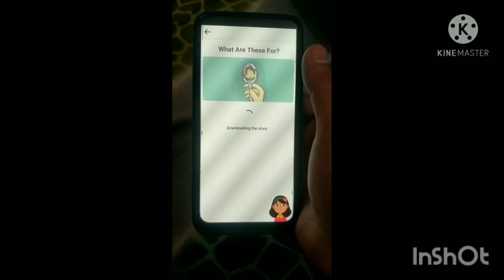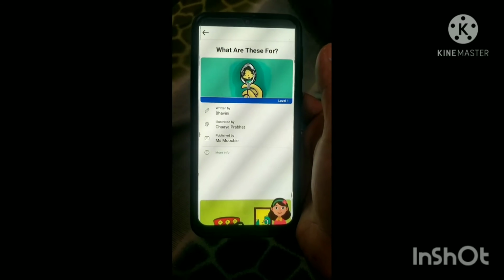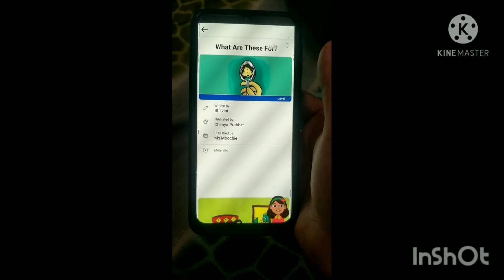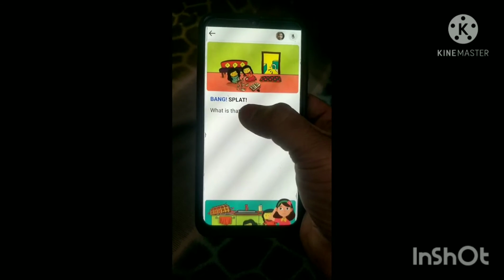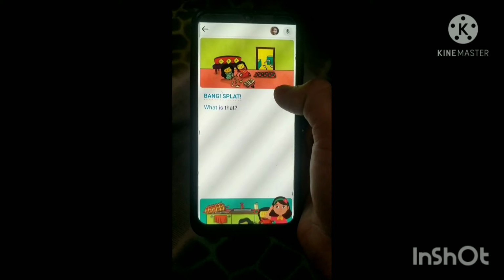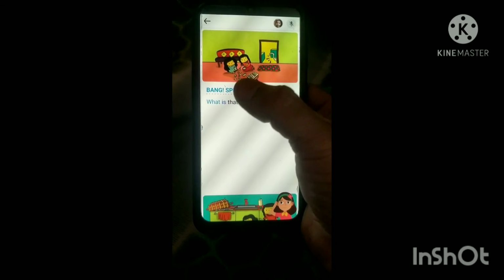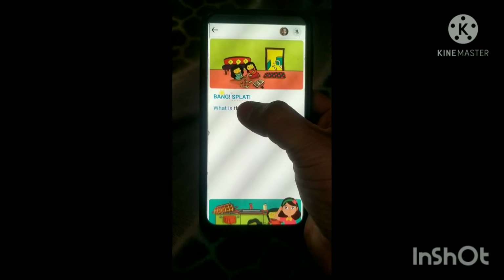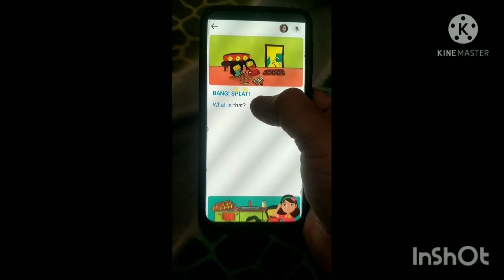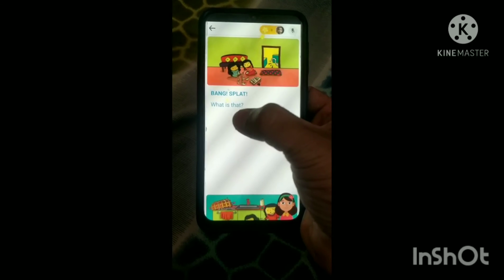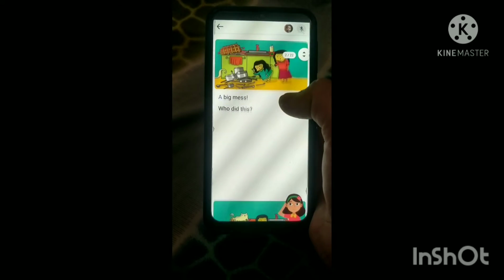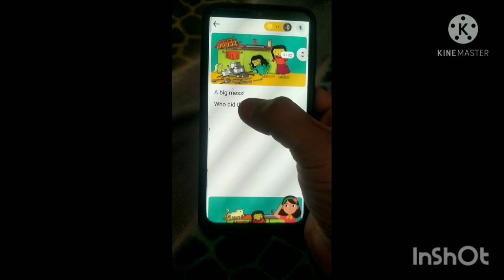For example, if I click on this, this is how it will show what word the kid should read, like bang, splat. See, as and when you read, it is highlighting, which means your kid is getting it right.